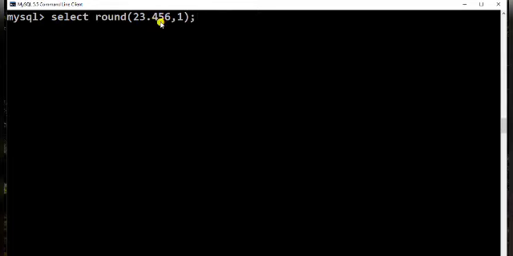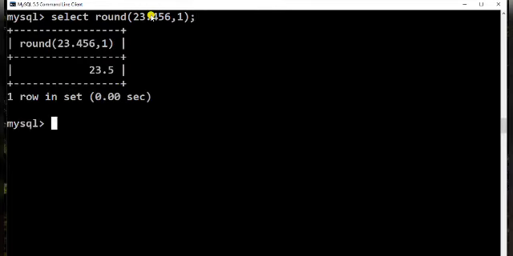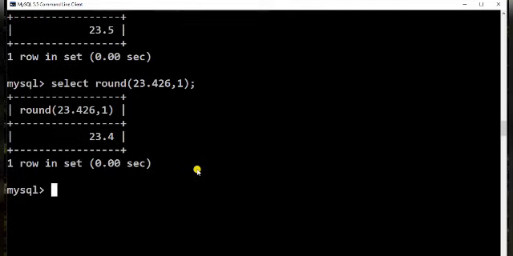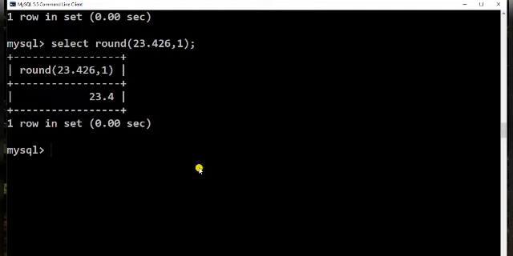The next digit is 5 or greater, so it will increase, and 23.5 will be the answer. If in place of this 5 we have 2, which is less than 5, then the 4 will not increase, it will remain the same. So the rounding off rule says that if the number is 5 or greater, the number to the left will increase by 1, otherwise it will not.